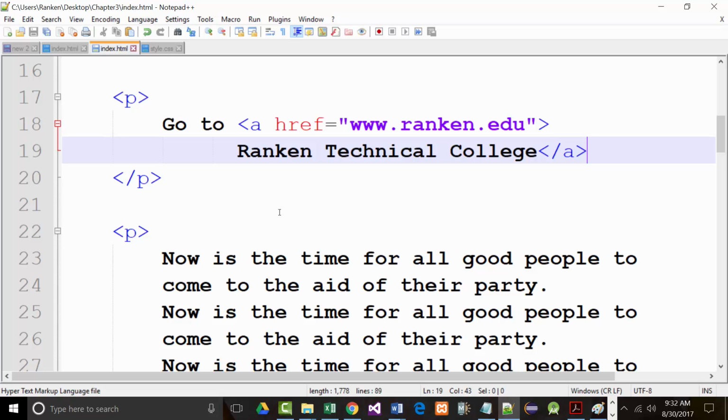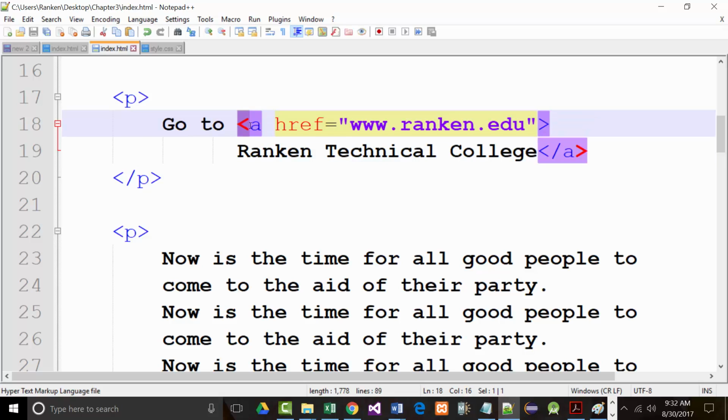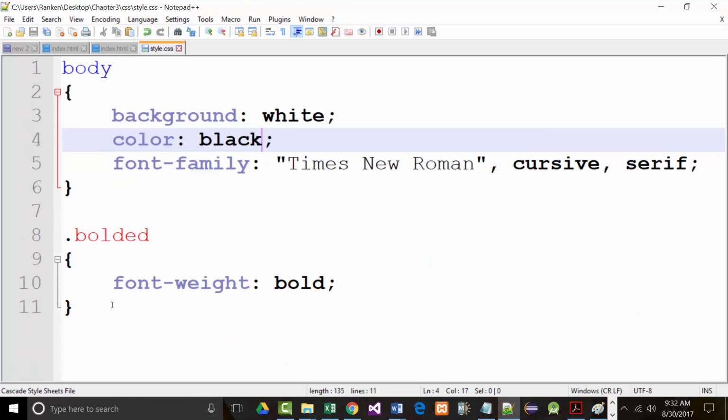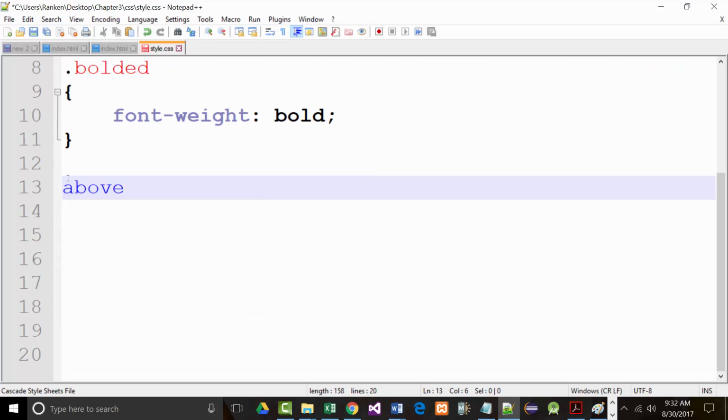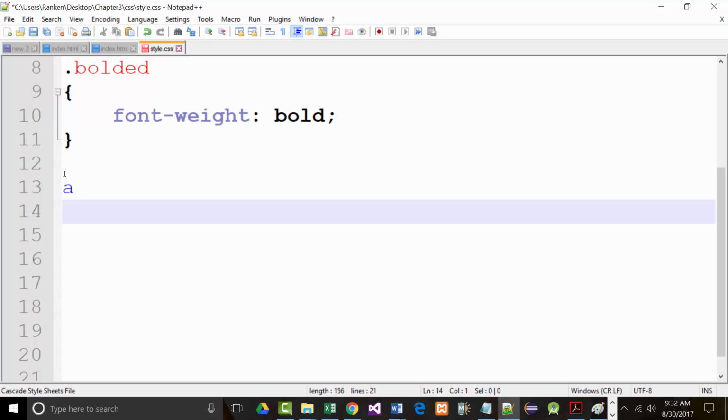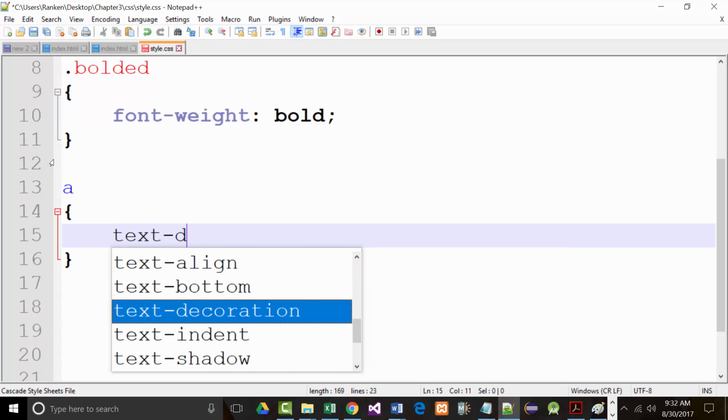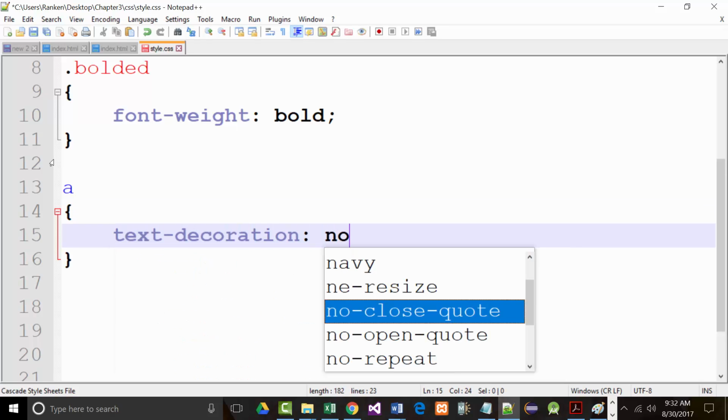And hopefully you all agree with me, that's an A tag. Remember we talked about this earlier? It's an anchor tag. So we're going to tell the system all anchor tags we want to not be underlined. All of them. We don't have to give this a class. We don't have to give it an ID. Okay, so I'm going to go back to the CSS and I'm going to tell the system, for all anchor tags which are an A,